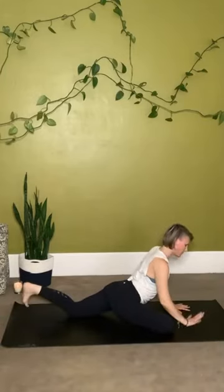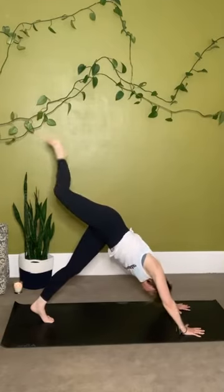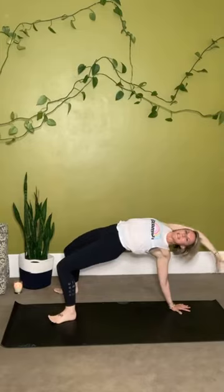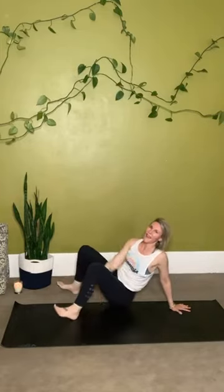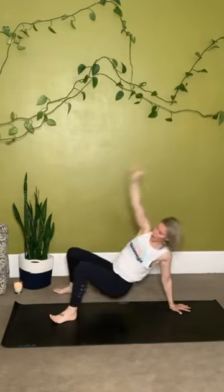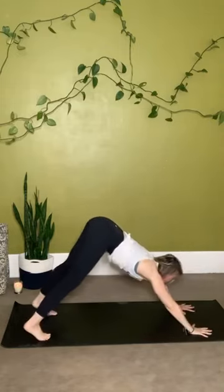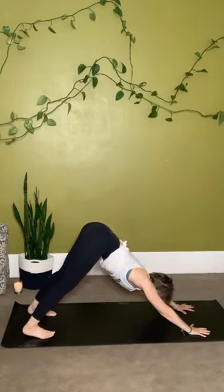Tuck back toes, palms down. We're moving into flip your dog up and around. Maybe you find wheel pose here or take those dips. Exhale. Last one. Up and around, downward facing dog. Relax your head and your neck. Let something go. One more breath in